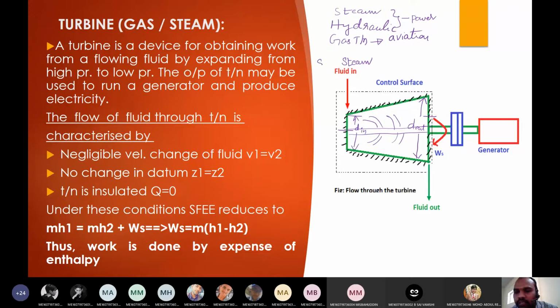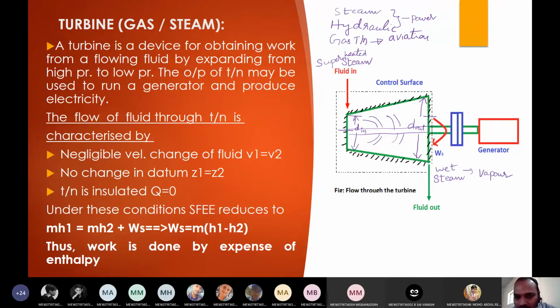Wet steam is coming out from the turbine. What happens from superheated steam to wet steam? The enthalpy is going to decrease. The decrease in enthalpy means the quality of the steam is going to decrease. Wet steam means it may have partly vapor content also. That working is not our concern, right? Now what happens to the properties of the fluid?